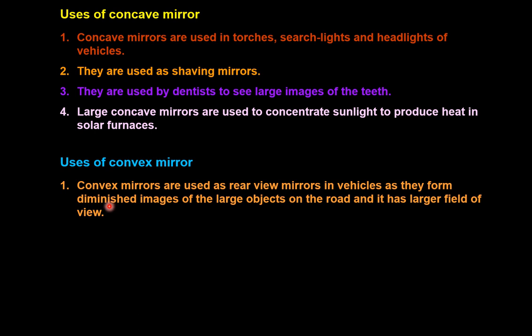Now just think about whenever you are driving a car. Why do we use the rear view mirror, the side glass? So as to see the vehicles coming behind us. Vehicles like buses and trucks are big in size, but we want to see their image in that small rear view mirror. So which mirror shall we prefer? We will use exclusively the convex mirror, because it will provide us with an erect, virtual and diminished image.